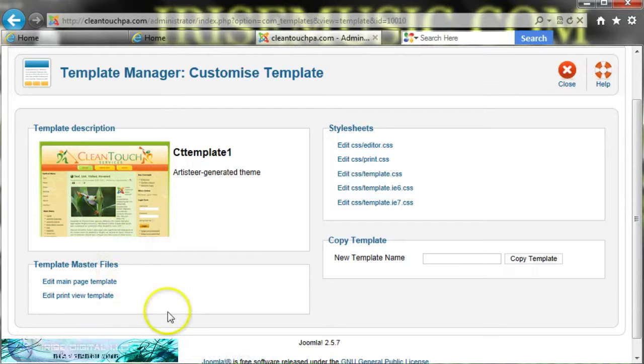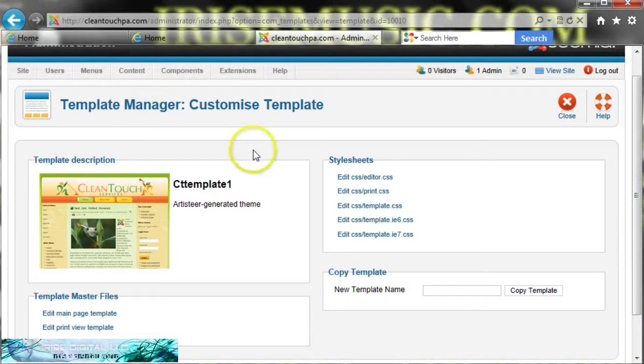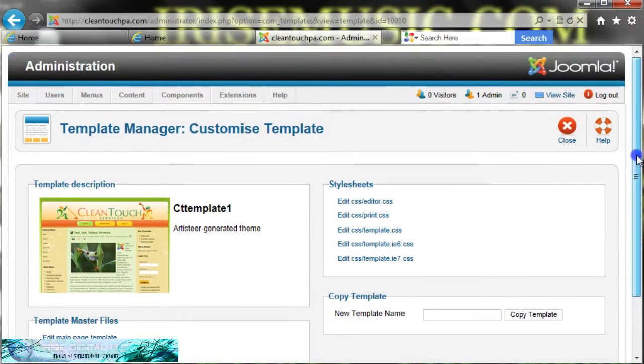It may look all funky. It may not even load. So I wouldn't suggest clicking any of these unless you really know what you're doing. So let's go back to the previous page. One thing that you have to realize is that with Joomla,